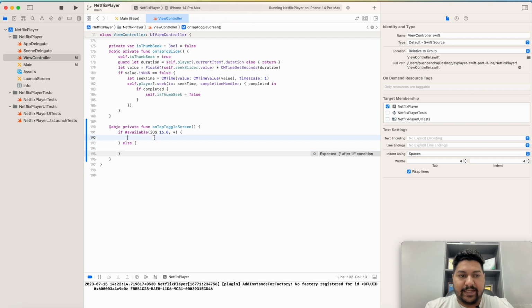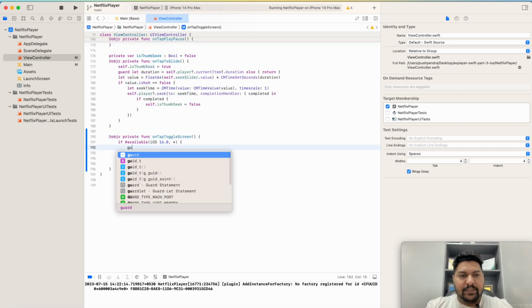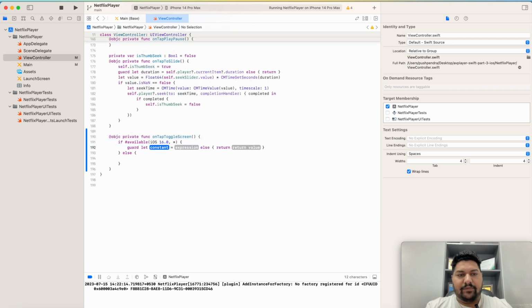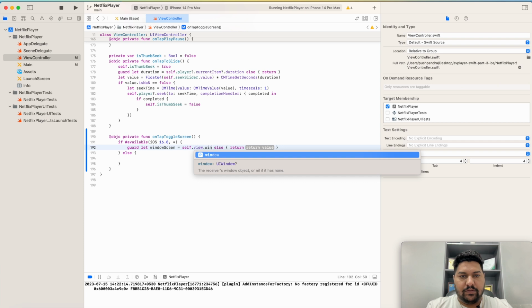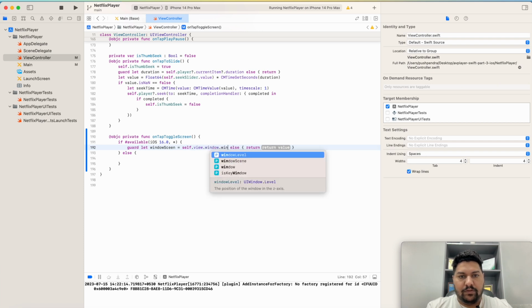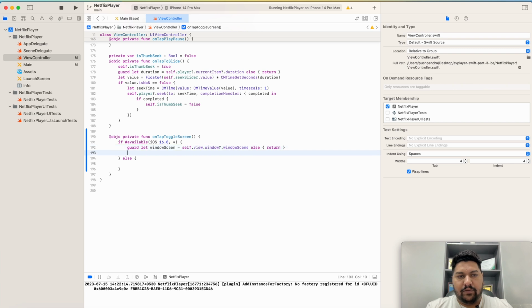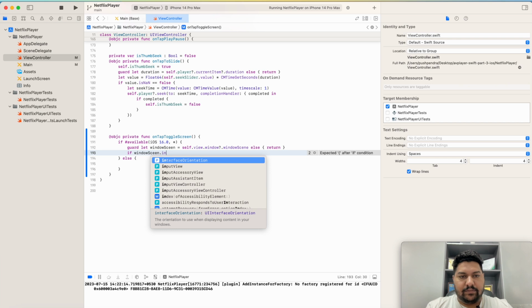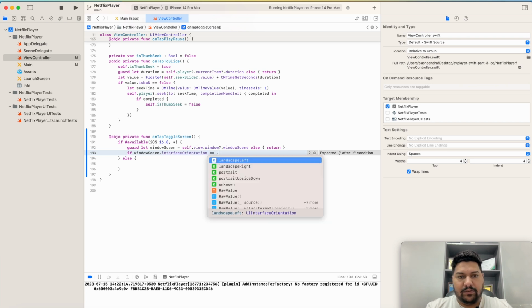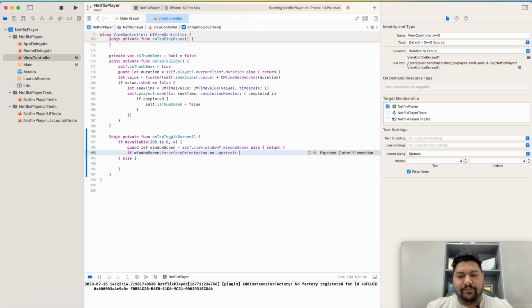What I need to do first is take the window scene, which I will take with a guard statement: guard let windowScene = self.view.window?.windowScene else { return }. Now, if windowScene.interfaceOrientation == .portrait,